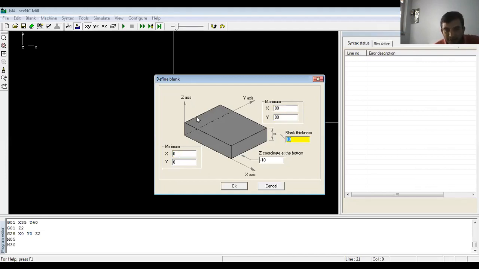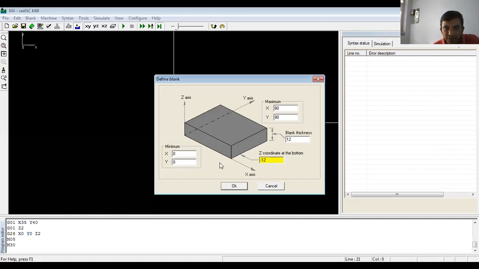Now you can see the billet blank, the raw material, here. What is the blank thickness from the given problem? It is 12, right? The Z coordinate at the bottom is always the negative of the blank thickness, 12, as given in the problem.